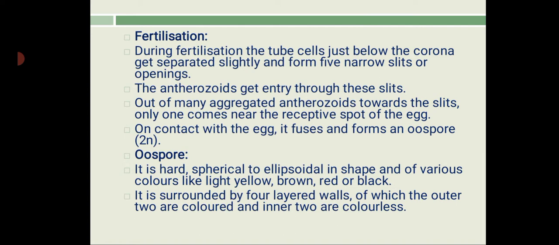On contact with the egg, it fuses and forms an oospore. यानी haploid structures जिन्हें gametes कहते हैं, उनकी syngamy हमें fertilization के अंदर देखने को मिलती है. This step is called syngamy, the process of fertilization, and both the male and the female gamete fuse and form a diploid structure, that is called a sporophyte, or particularly the